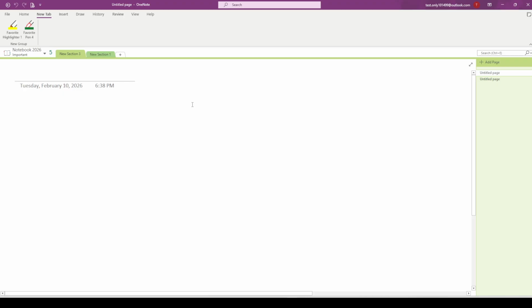A few quick tips for smooth dragging. Aim directly for the group name as your drop target. Hovering too high or too low may attempt to reorder sections instead of nesting them. If you're using a trackpad, keep gentle, steady pressure while you drag to avoid unintentional taps. If nothing happens when you release, try again and wait for the highlight to appear before you let go. And remember, you're moving a section, not a page, so be sure you're grabbing the section tab itself. That's it. Click, hold, drag onto the group name, and